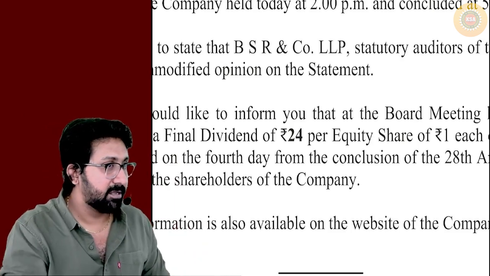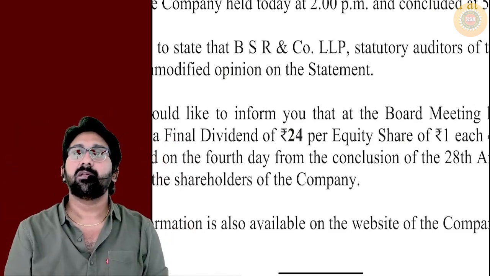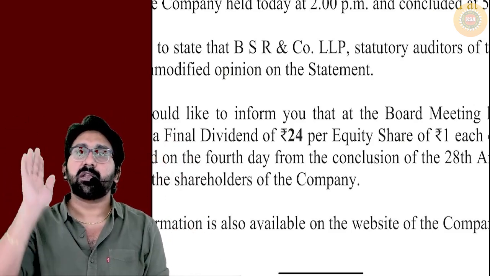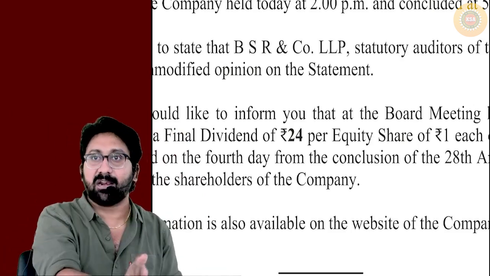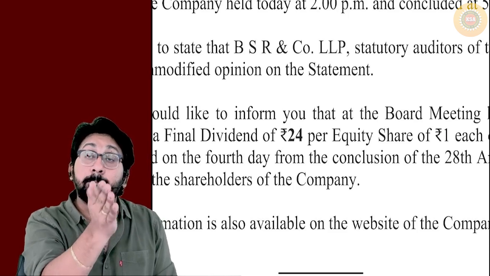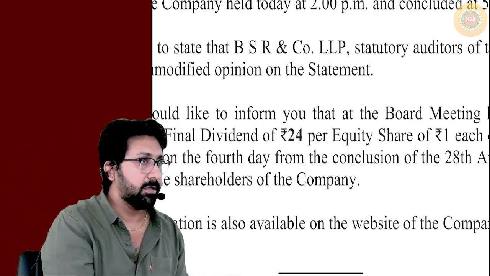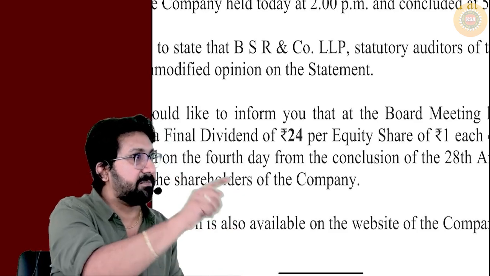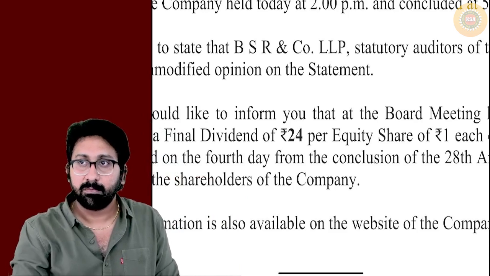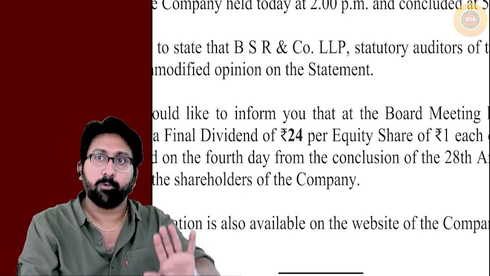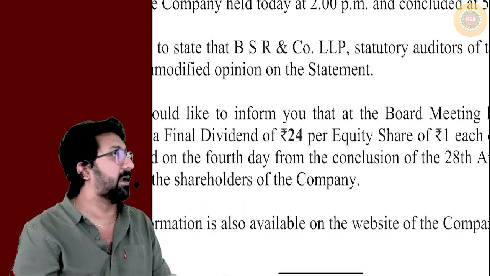Understood the point? Learning number 1. What you learned? Dividends are not paid on the par value. It will be paid in proportion to the paid up value. This is what Companies Act sections 44-45 and 47 say. And you should calculate the proportion of paid up. Not on the par value.